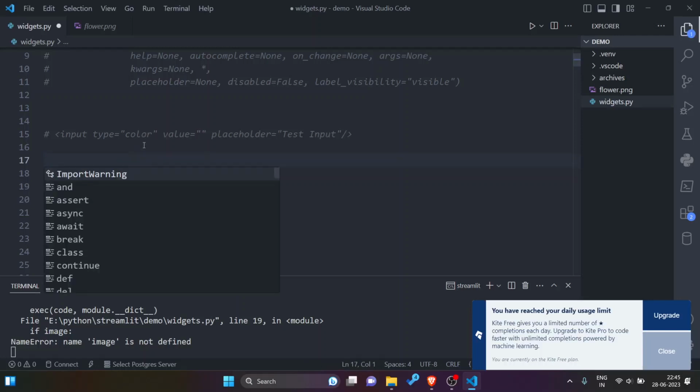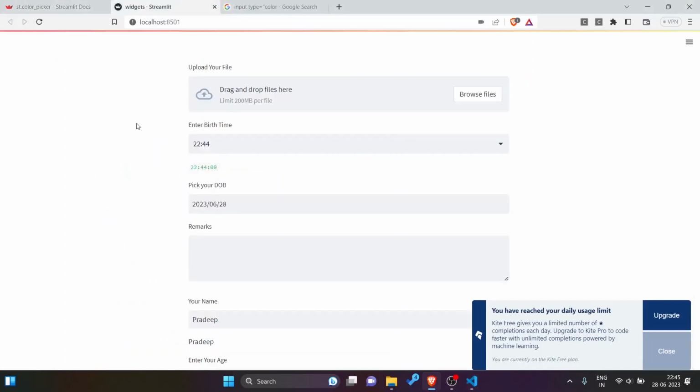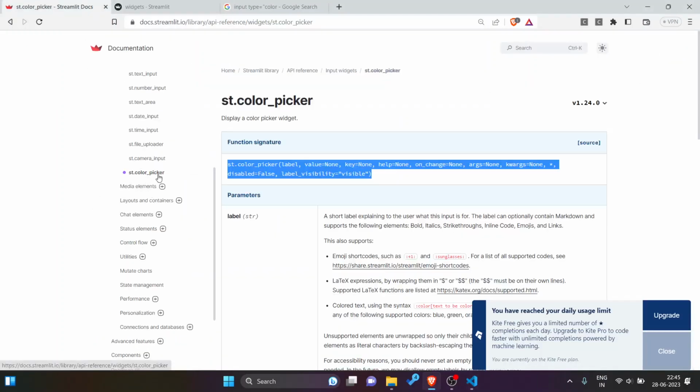HTML has one more option of color selection. If you are familiar with HTML, once again I am quoting an example from HTML. If input type is equal to color, then a color palette comes, and we can select from different hexa values of colors. Similarly in Streamlit also we can use st dot color picker.